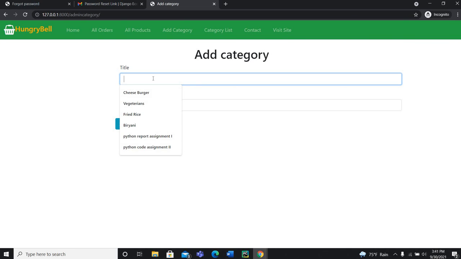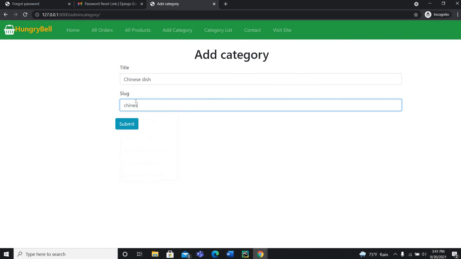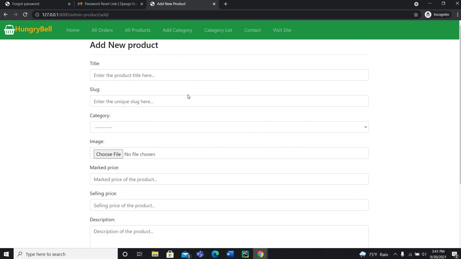Let's add a category. What should I add? I want to add Chinese dish as a category. Then submit.